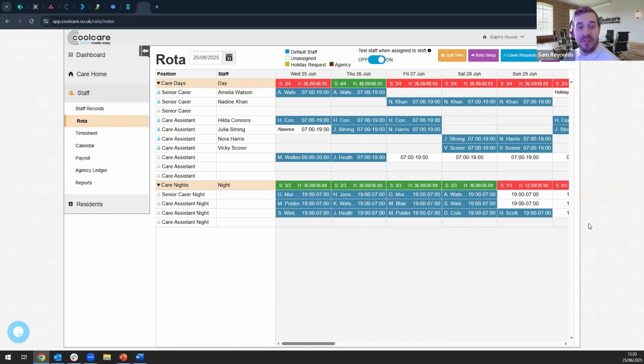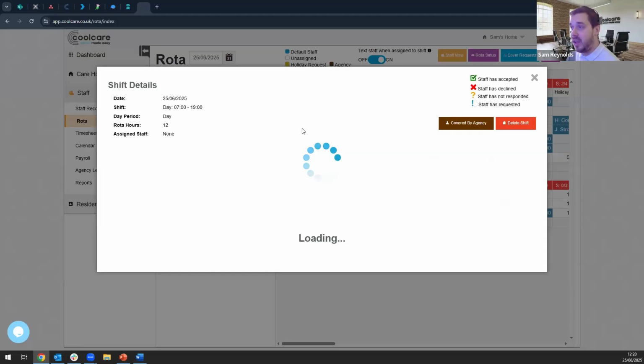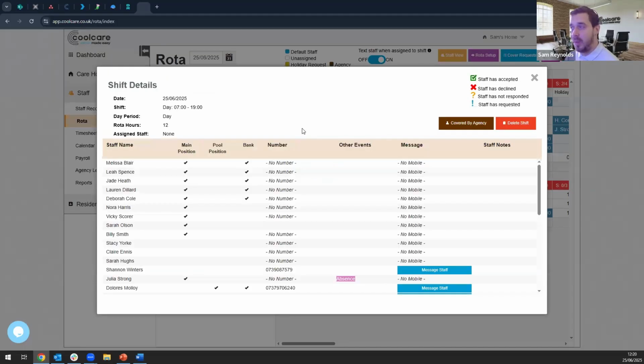But that doesn't help us for today's shift, of course. That's for some future ones. But for today, where we're still with that absence, we need to find cover a bit more urgently. And I've had a ring around. I can't find a staff member to do it. Instead, I'm going to have to assign the shift to agency, bring in an agency to help us with the